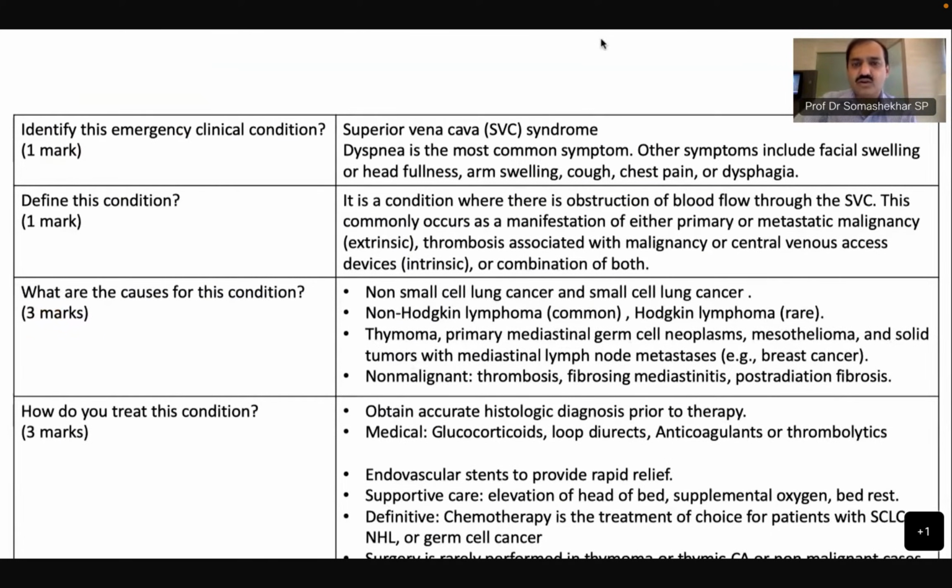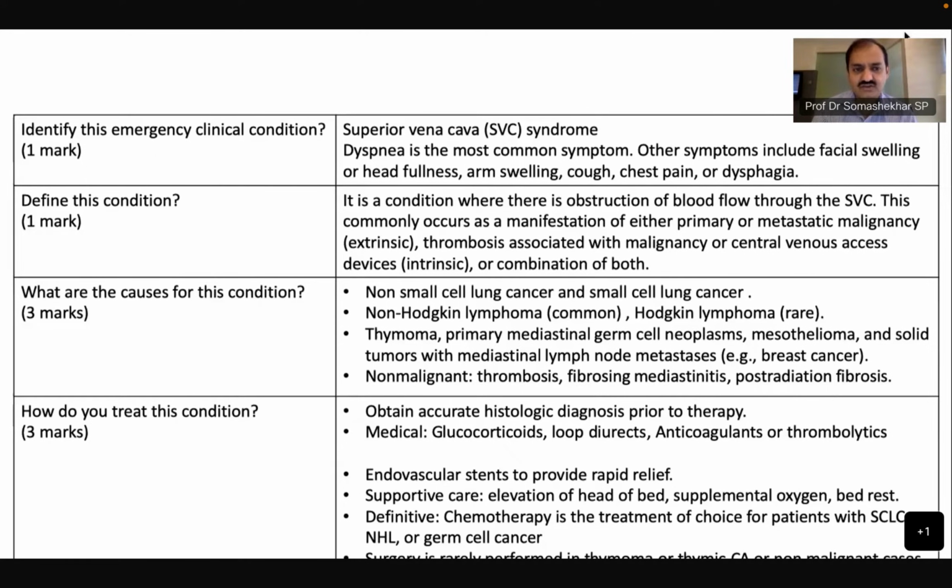Superior vena cava syndrome presents with dyspnea, most commonly, and other symptoms could be facial swelling, head fullness, arm swelling, cough, chest pain, brachial pain and dysphagia. It is a condition where obstruction to flow through the superior vena cava happens, commonly a manifestation of a primary tumor or a metastasis, from extrinsic compression, like fibromatosis, or a desmoid, or a thrombosis within the SVC